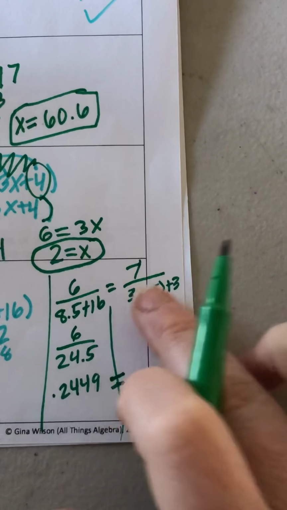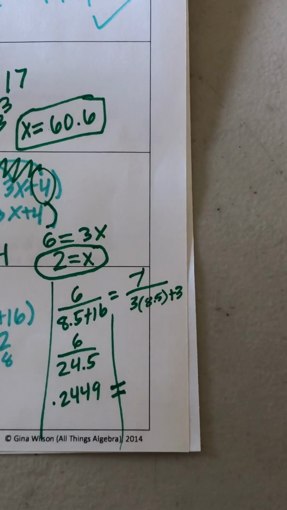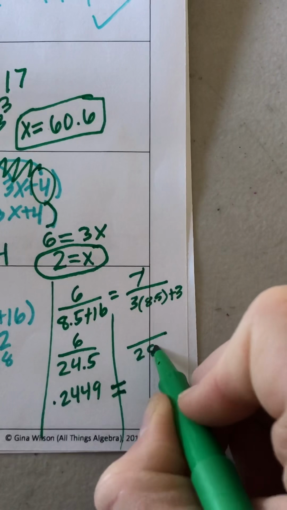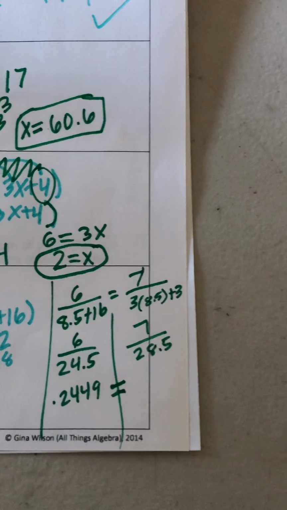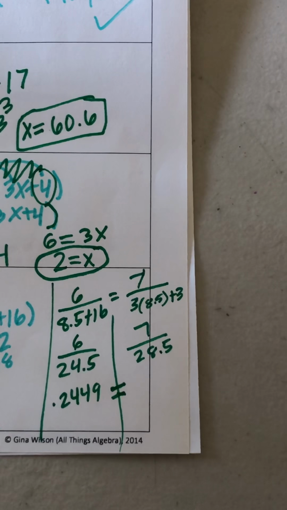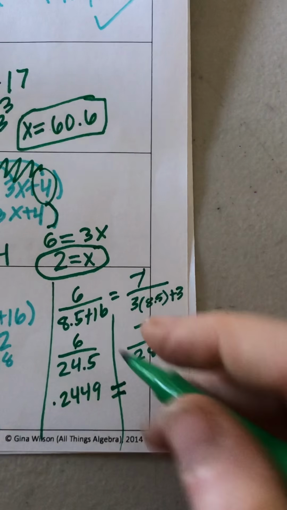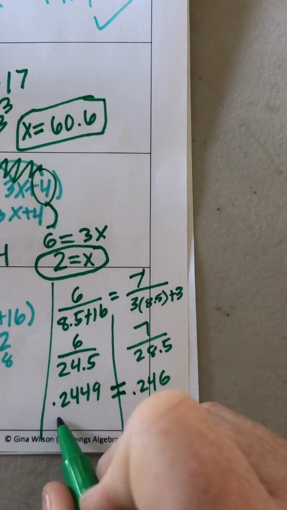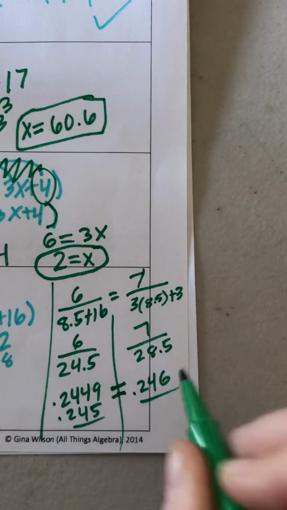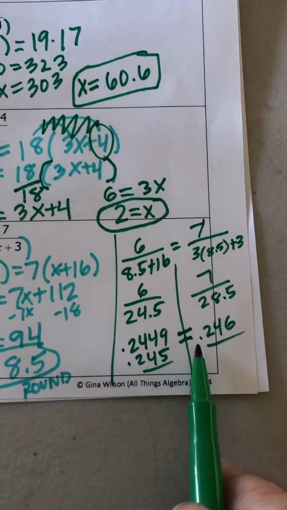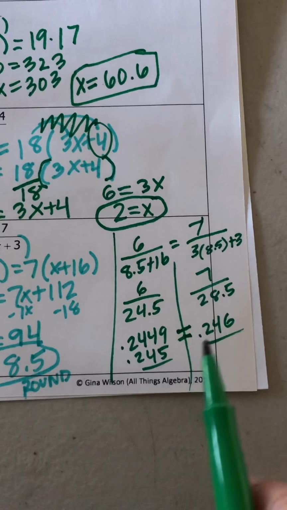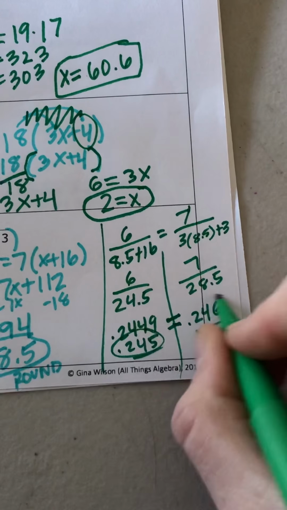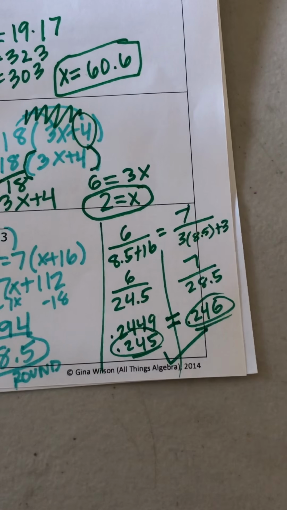So let's see what happens. I'm plugging in 8.5 for x. Okay. I get 28.5 on the denominator and 7 on the numerator. And when I divide this out, I get 0.246, okay? So we're really here 0.245 and 0.246. If you round, that's the only time you shouldn't have a perfectly equal expression here when you check your work. But these are both very close, and we know that we rounded, so I'd still say, yep, that's a check,